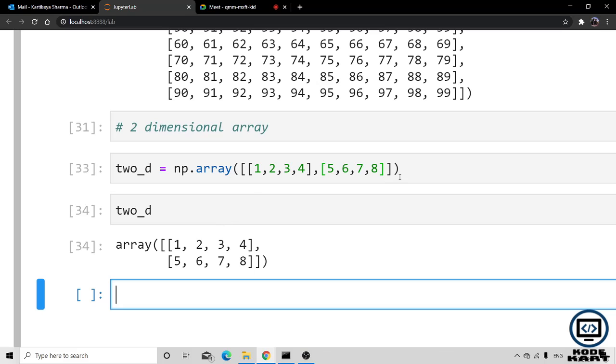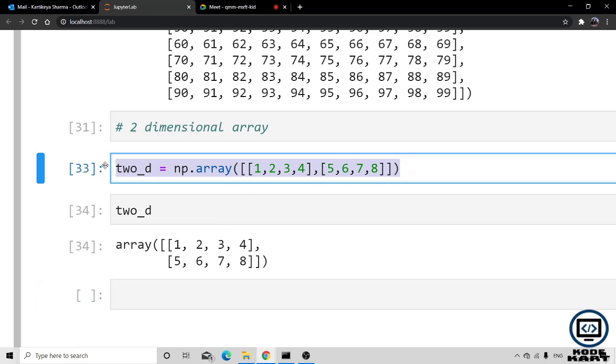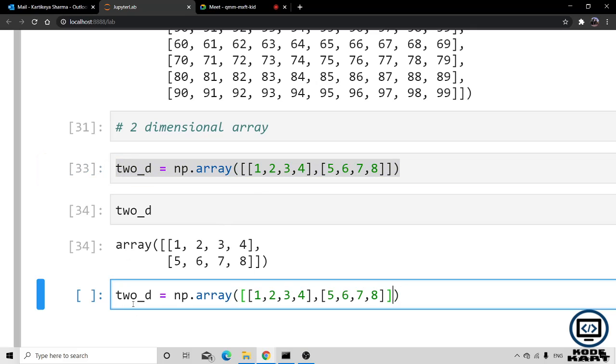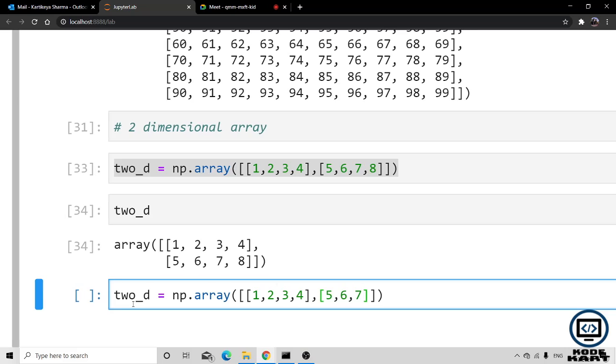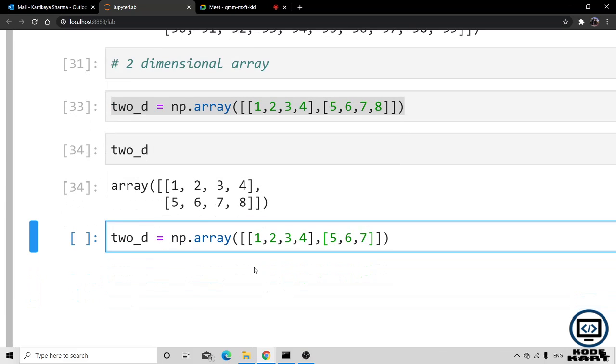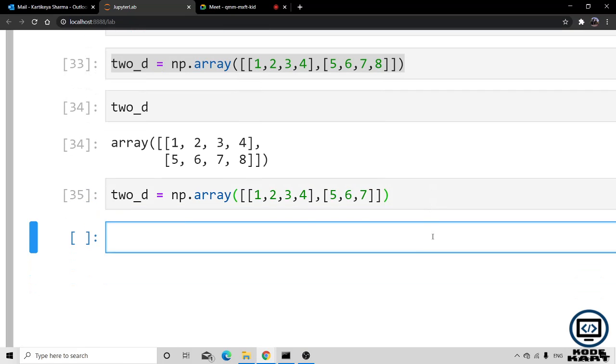But what will happen if I pass this 2D array so that in the first row there are going to be 4 columns and in the second row there are going to be 3 columns? Will NumPy give you an error, or will it work fine? So this is the question. Let's check it.